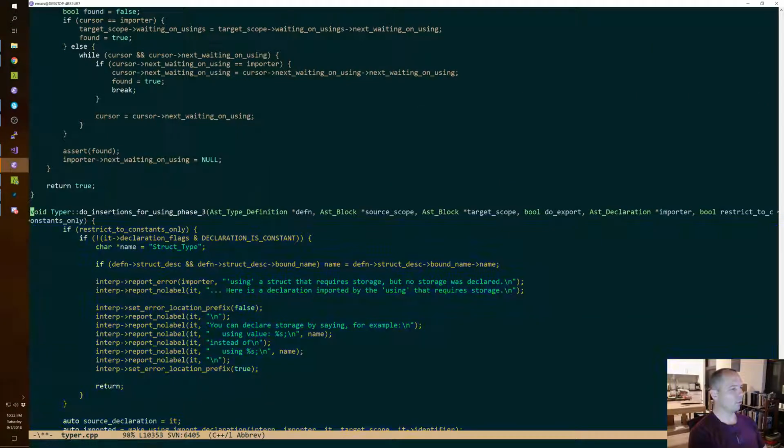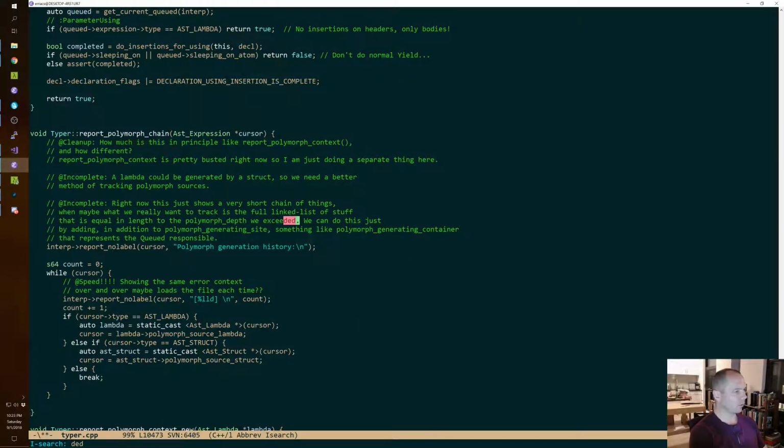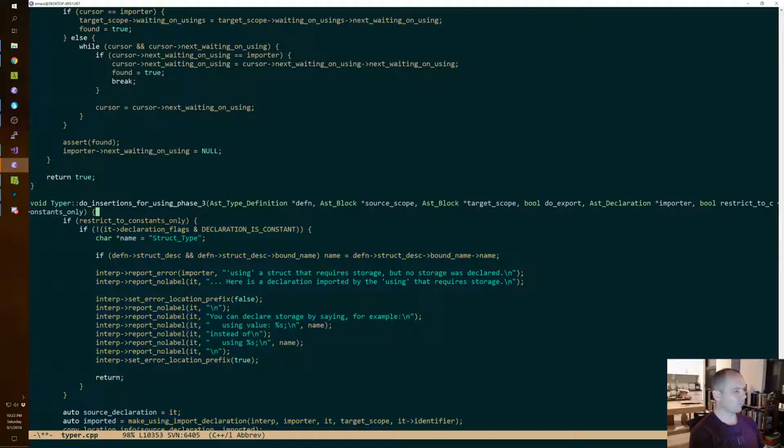Okay, we don't use source scope here. So do we use defen? I don't think so. Oh, yes, we do.